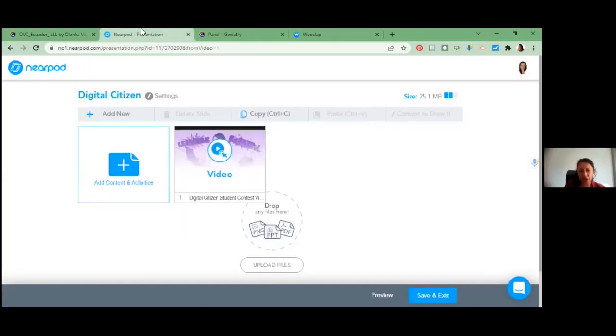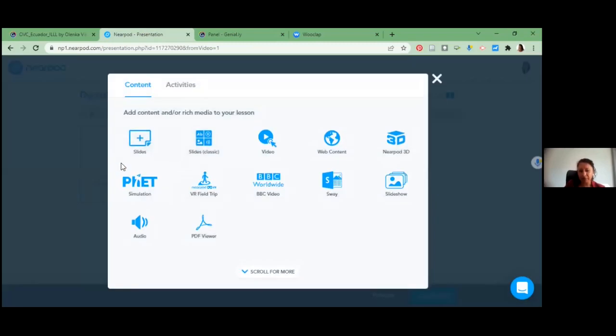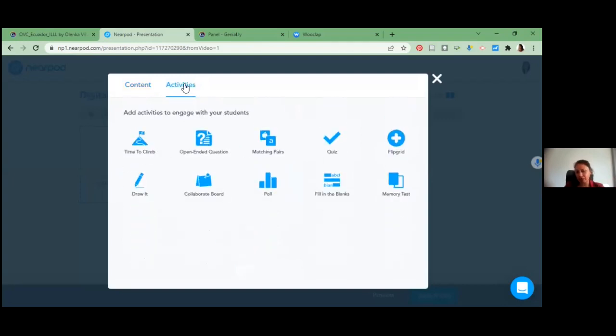So I am going to add activities. By the way, you can add different kinds of content: slides, Nearpod 3D, virtual reality, audio, and different things. But right now it is Collaborate Board. This is the activity. So click here on the activity that you would like to do, and that's it.